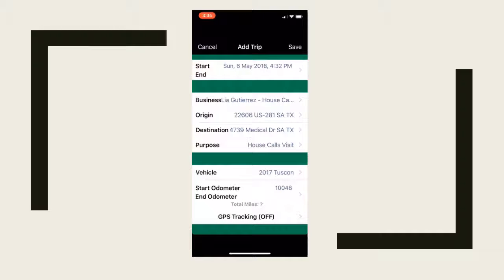The vehicle automatically presets to my vehicle that I've previously chosen, and that's going to do that for me each time. And the odometer reading is also at the starting point, the same as where I ended it for my previous trip. So if I'm starting out in the morning, I always need to check that and make sure that's accurate, because if I came home at the end of the day and then I went out to go to dinner or